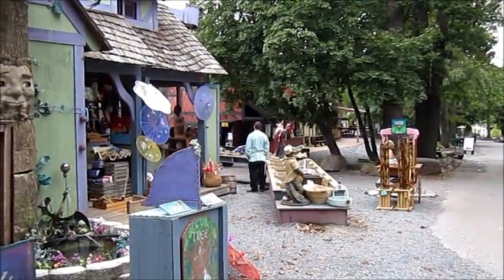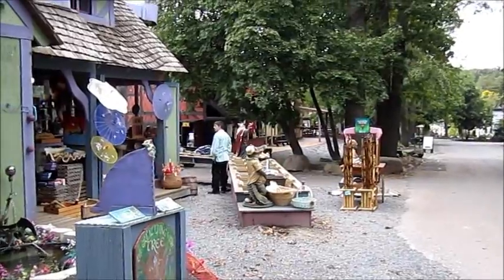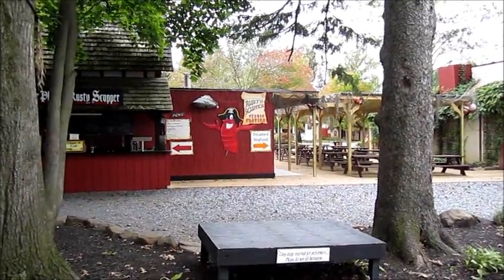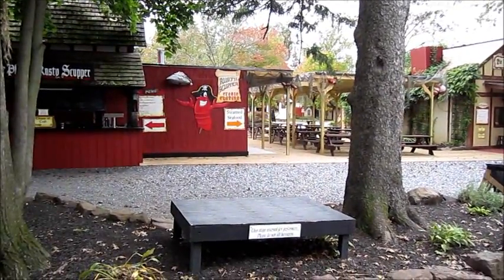I don't know what that shop is. They do stuff in water troughs. They dig for gold, I think. I'm going to move further down Privy Lane. And there is the front of the Rusty Scupper. That stage there is where I do my